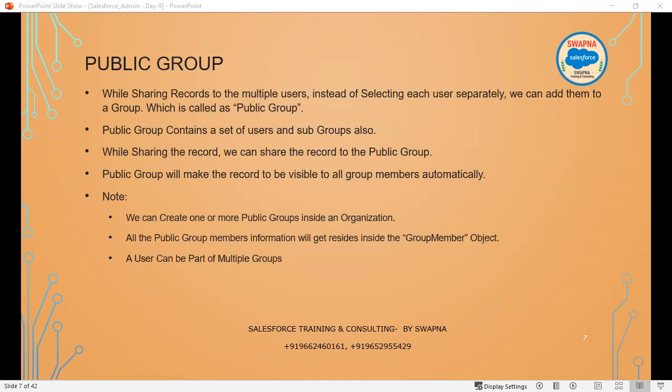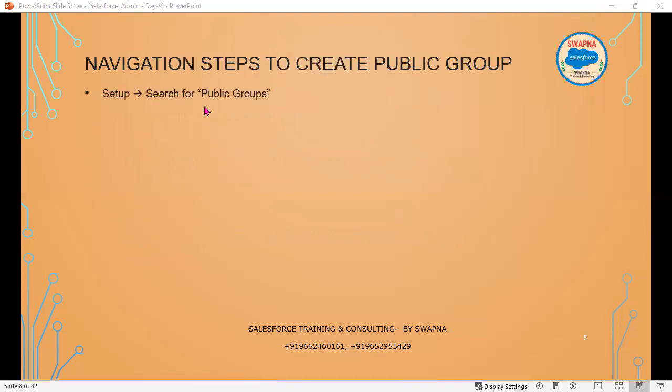Now, till this point, we have seen yesterday. The next point we are going to see today is how to create a public group. We got clarity on how public groups work and when we use a public group. Now, the next step is how to create a public group. So, in order to create a public group,